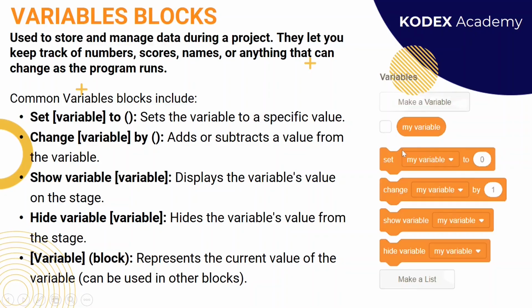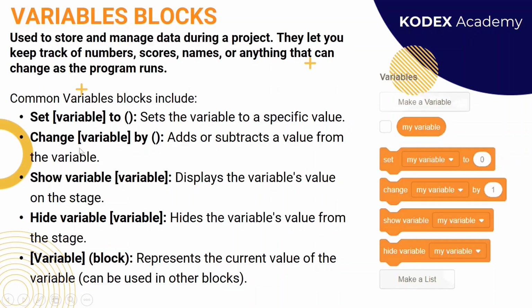When you create any variable, these other command blocks will help you to set that particular variable in your script, to make any changes in your variable, and to show your variable or hide your variable as well. So you can see Set variable to. Here you can mention your number, score, whatever you want. Suppose you have created a variable of score, so you can set the value of your variable. Suppose you set it to 0, to 50, anything. You can give a specific value to your variable.